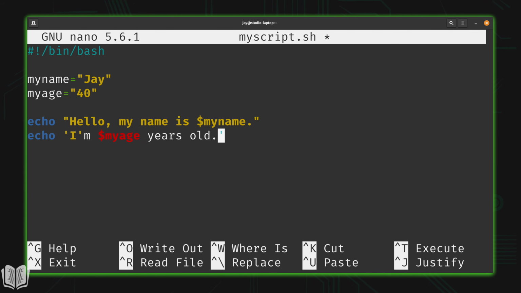I do have an ending quote, but Bash is going to assume that this is the beginning of another quote. So what I have here is an uneven number of quotes. And this is a little complicated because I do, in fact, want the single quote to print, and thankfully with the double quotes and the variable name, it works out just fine. As an aside, single quotes would actually work